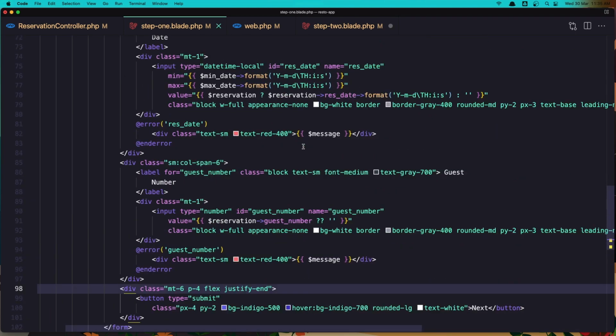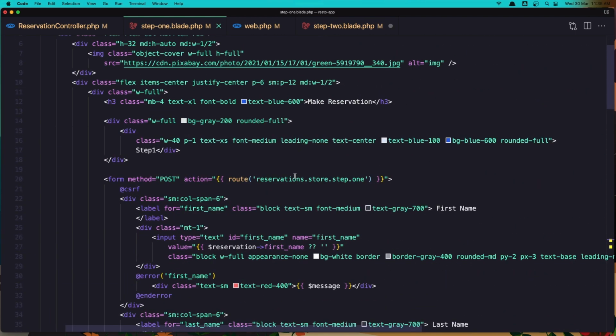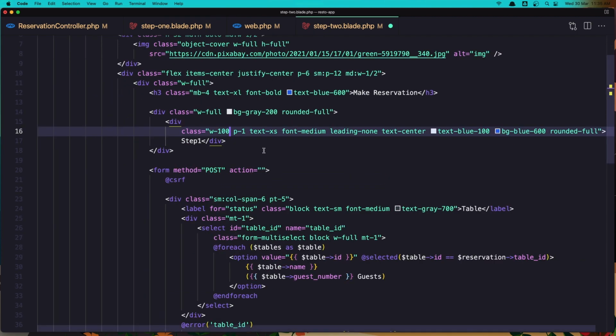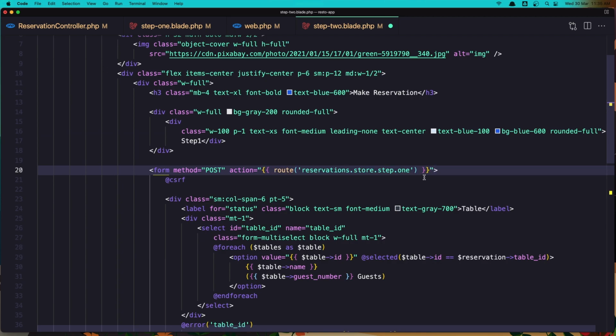So let's copy the action from step 1, just change, we need to change the step to be step 2 here. So in the form action step 2,